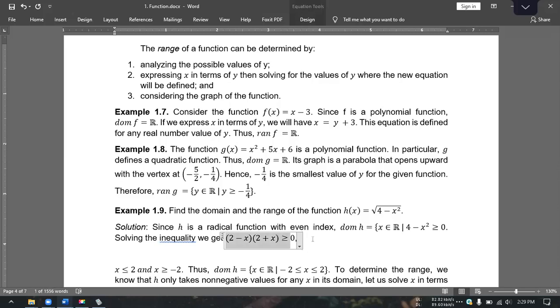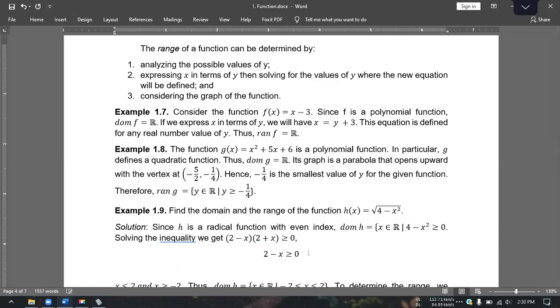Our x could be this one. And 2 minus x greater than 0. That is the first factor. Or second factor, we have 2 plus x. Okay, 2 plus x greater than or equal to 0. Now, solving for the values of x, this will give us,